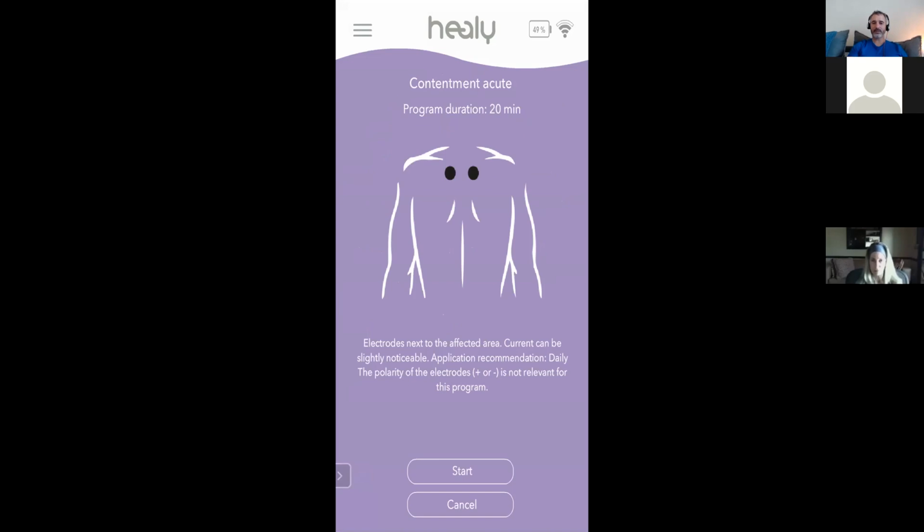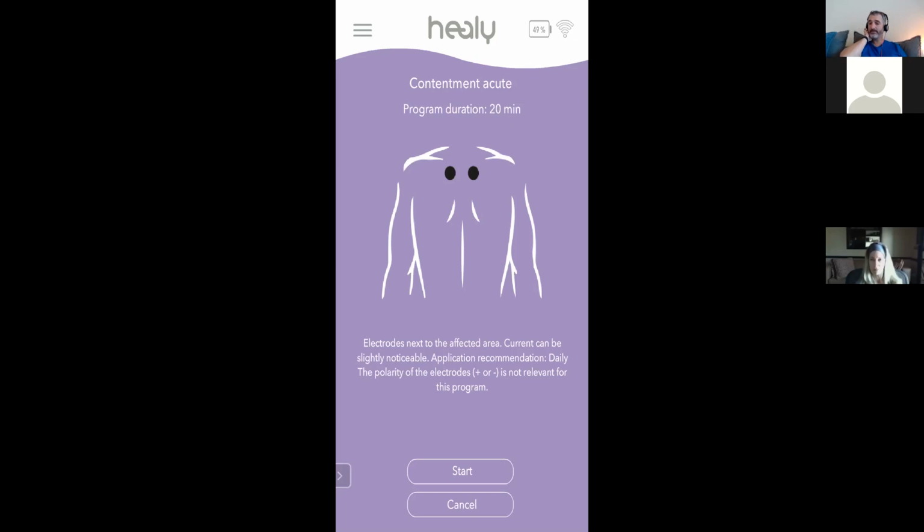Current can be slightly noticeable, okay? So if I'm not happy in my brain, why is it telling me to put the sticky pads on my upper back? That doesn't make any sense. It's a hint. This is as close a recommendation as they can give to you without telling you to use ear clips or to put the sticky pads on the back of your mastoid bones.